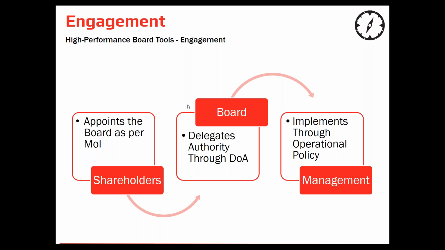These are the kinds of decisions you need to ask for our approval or our input, or to notify us. Through that delegation of authority, management gets a particular scope of what it can go forth and do on its own. Through that, management implements operational policy to take the board policy and translate it into operational policy. Now, what's really important is that this word policy can strike fear into the hearts of even the strongest soul.